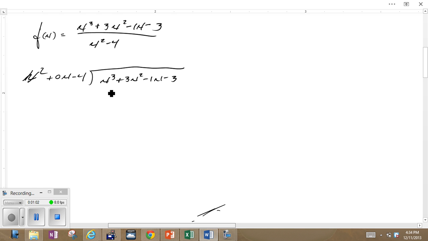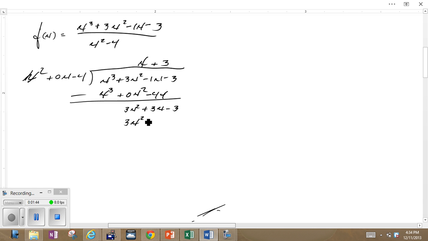Okay, x squared in x cubed goes x times. x times x squared is x cubed. x times 0x is 0x squared. x times negative 4 is minus 4x. Draw the line. Subtract. Nothing left here. We get pulled down to 3x squared. We've got negative 1x minus a minus 4x, which is plus 4x, which makes this a plus 3x. Next term comes down, minus 3, and the x squared goes 3 times, and that's really all the further